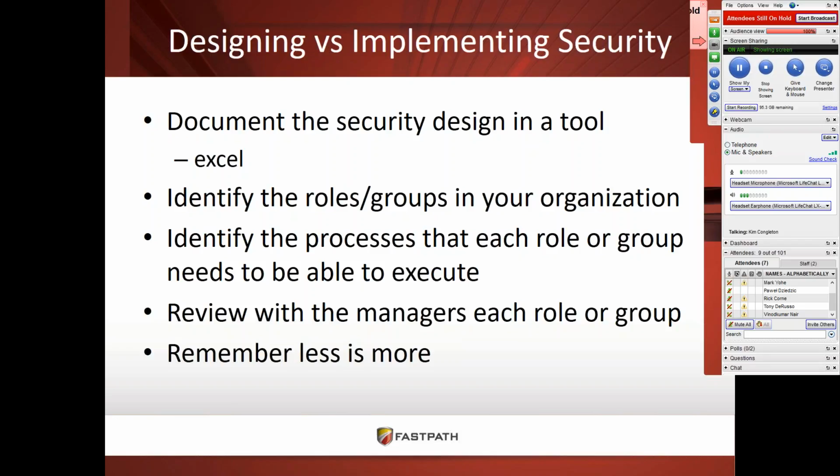Then what you want to do is, once you've identified the different roles or the different groups that you have, then go through and say what is it that each role or group needs to be able to access, or what do they need to actually be able to do. You're going to want to review your design with the managers and maybe even have them help you come up with a design for each of those roles or groups. So, you know, the CFO or the accounting manager, you definitely want to make sure that you involve them because ultimately at the end of the day, they're going to be the ones that have to actually approve those permissions